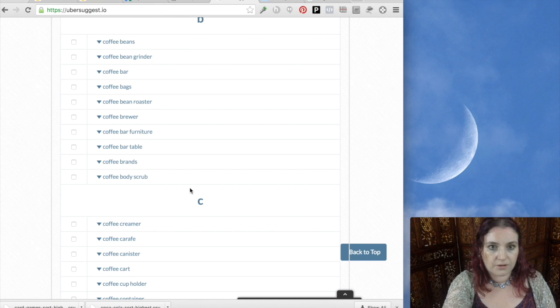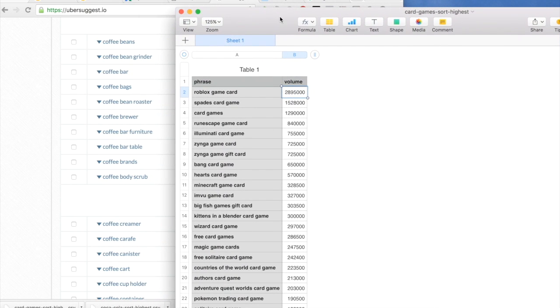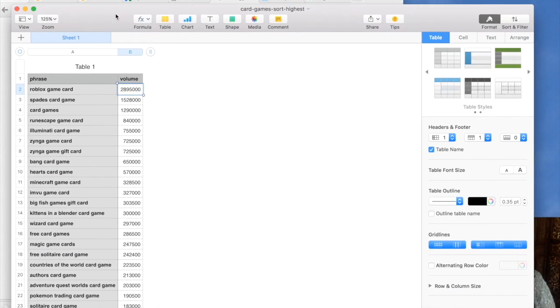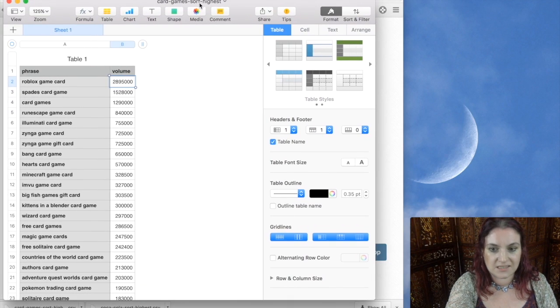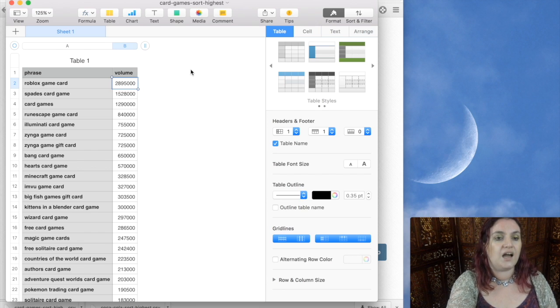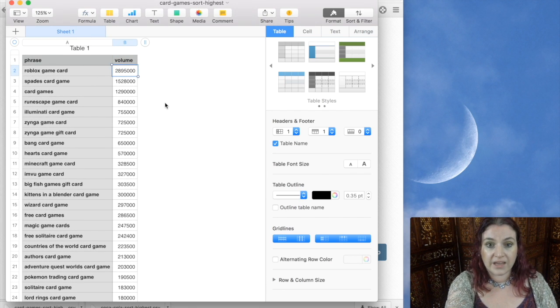So, for example, I've done some testing with these apps, and I'm going to show you an example. Here's a search I did for card games in one of the leading keyword apps, and I'm not going to mention any names. I did a search for card games, and this was the results it gave me. Now, according to this app,